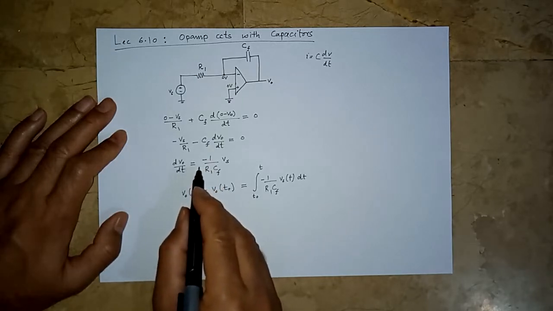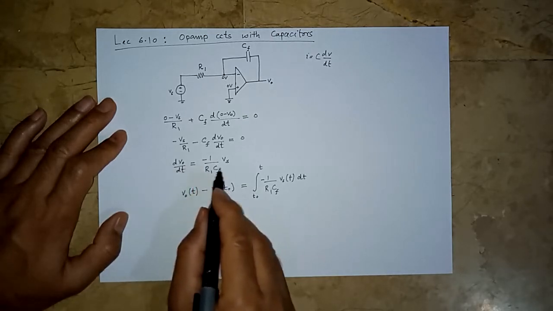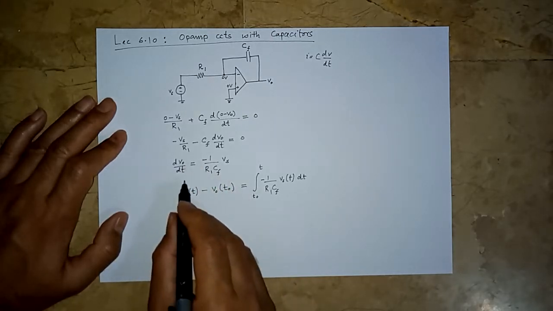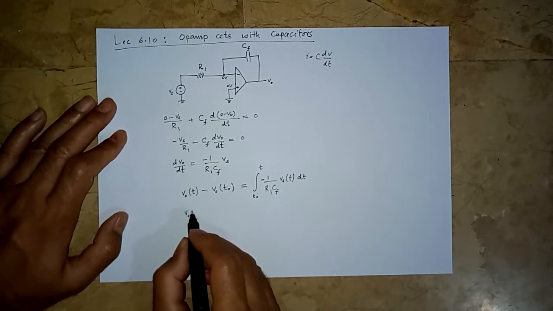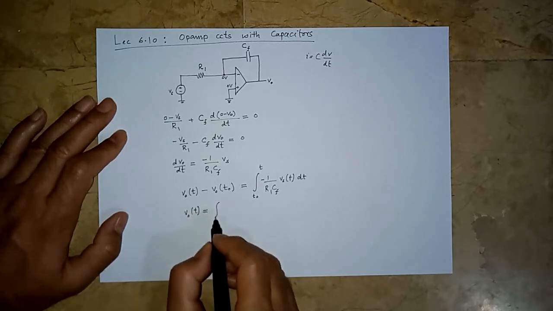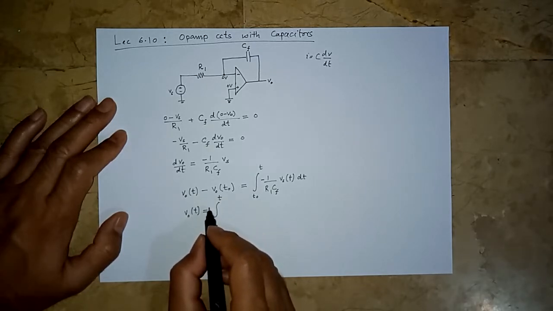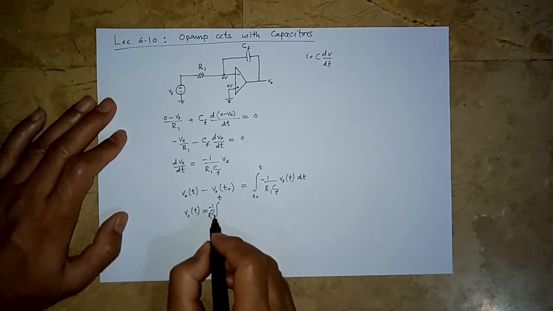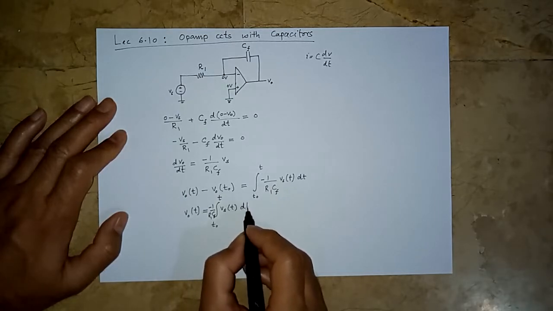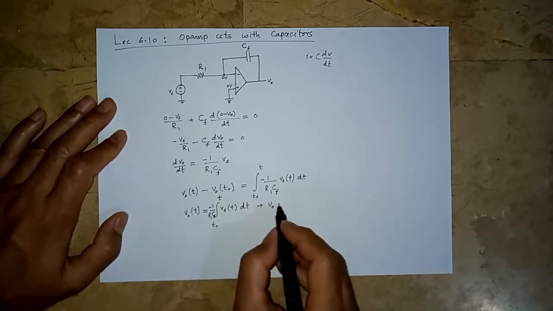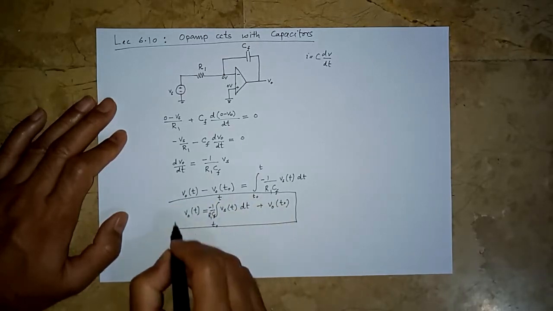We have done this extensively in those capacitors and inductors videos. So on the same lines, we can solve this. So we are going to get v naught, the output voltage that we were looking for, is equal to the integral, and this minus 1 over R1 CF is a constant that comes out of the expression, and the integral of Vs, plus the value of output at t naught. So this is the expression that we were actually looking for.